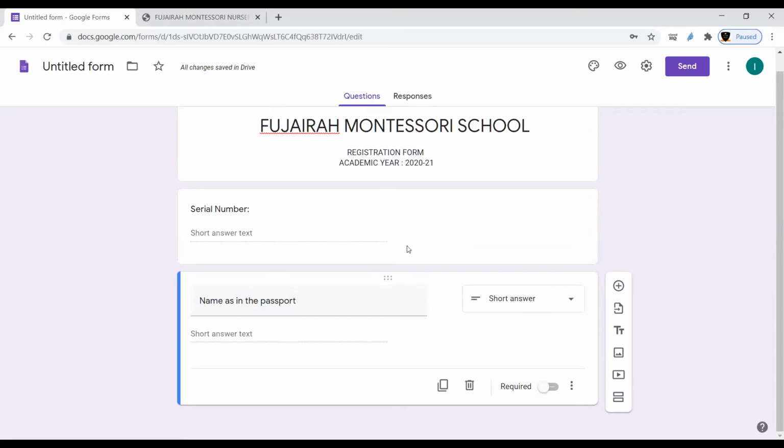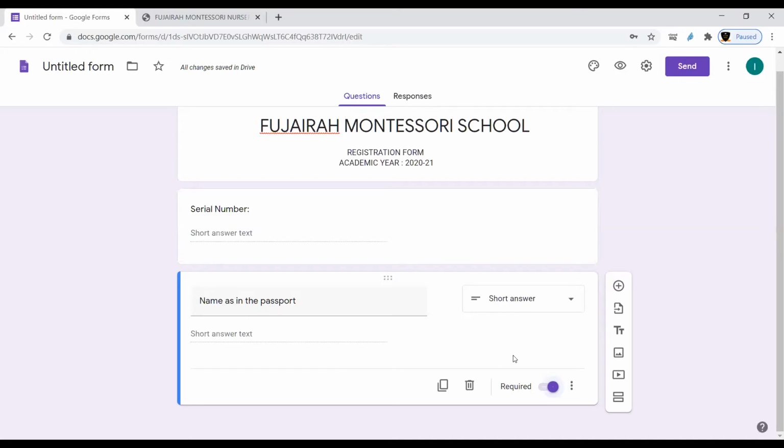And if you want this to be a mandatory part, without which the user will not be able to submit the form, what you have to do is there is an option for required. If you just click on this required option, this field will become mandatory. They're not going to skip this field. They have to enter it anyway. Once they enter, then only the form will submit.